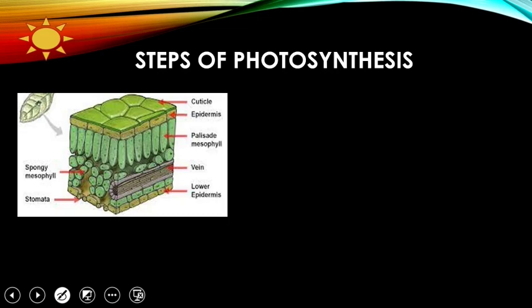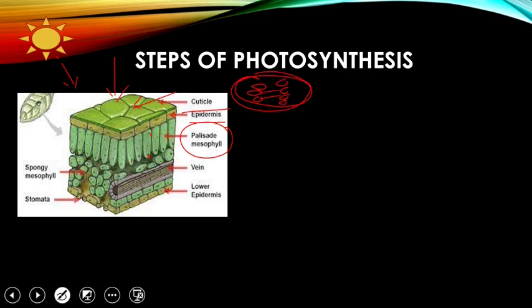This is the cross section of the leaf. What happens in the presence of sunlight? Before I explain what happens, let us see the structure of the leaf. This is the cuticle, the upper surface of the leaf, which is covered by cuticle, which is protective in nature. These flat cells are epidermal cells. Below the epidermal cells are the palisade mesophyll cells. Can you see these dots in the mesophyll cells? These dots are nothing but the chloroplasts. Just now I showed you the structure of the chloroplast, double walled membrane and having a lot of grana. So these small dots are the chloroplasts.